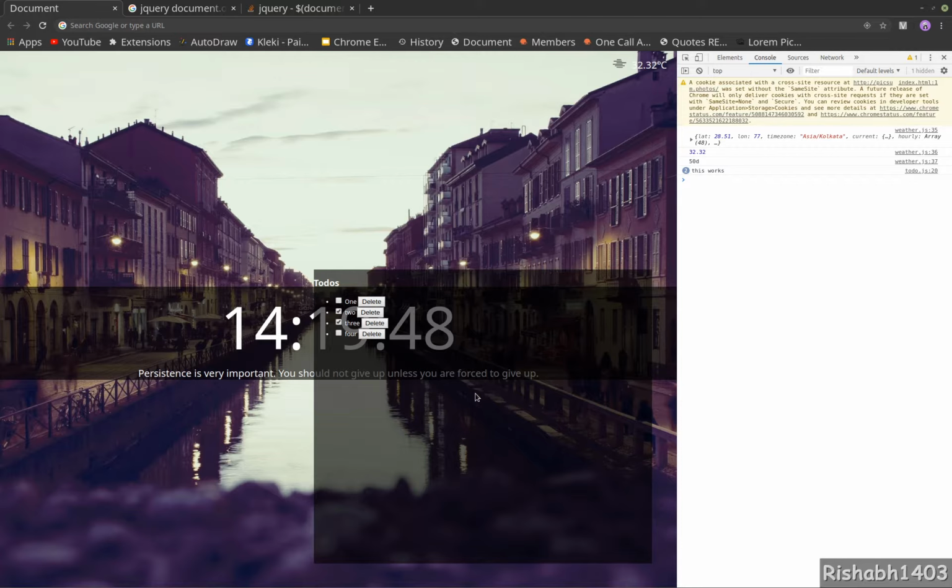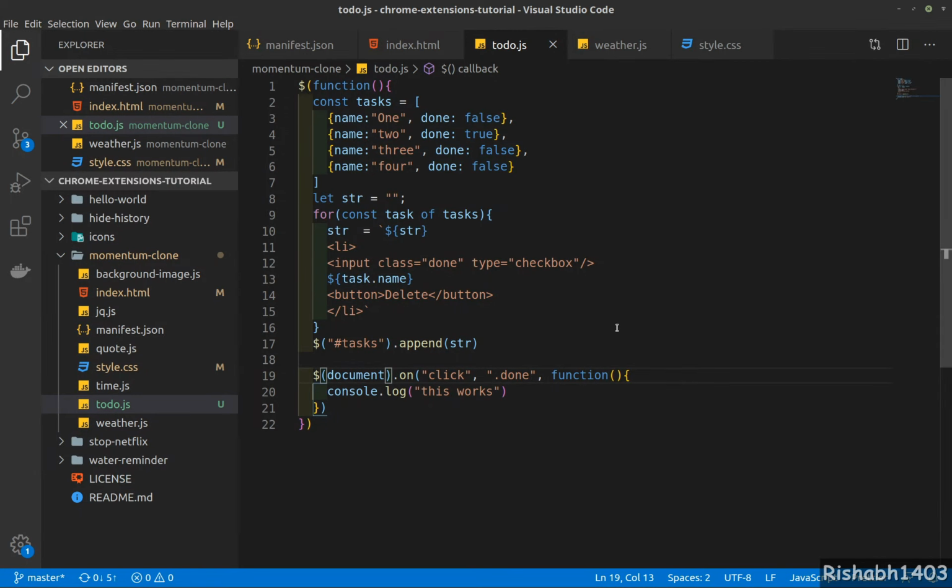Now what we need is, whenever this is clicked, we would want the index of the particular row. So let's see, if I click 2, I would want the index 1, the 0-based index. If I click this, I would want the index 3, and so on. Once we have the index, we can mark this as done or false. So to get the index, you have this reference, the element that I actually clicked. So what I am going to do is grab the index from there.